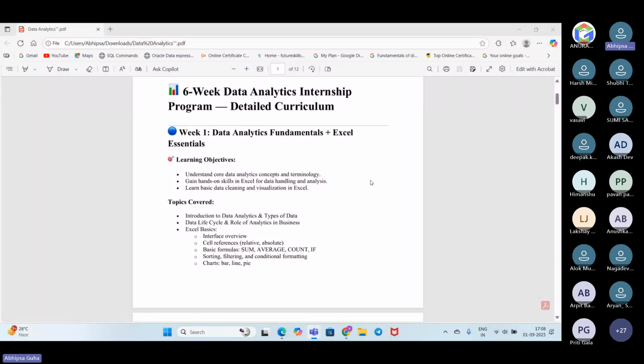Fine. So as I told you, for the first week, we finished the data analytics fundamentals, and the Excel essentials are left, but due to some reason, we are switching. This week we will be covering Python, how we are there and how we will be proceeding with Python. From next week, we will be jumping to Excel and the advanced Excel part. Fine. So let me share my screen.